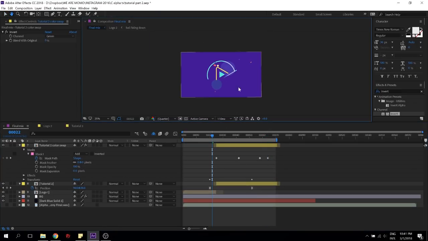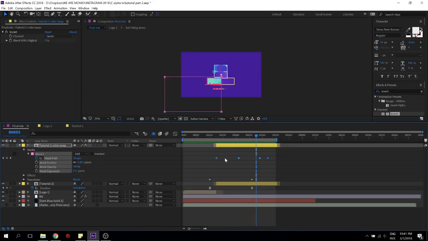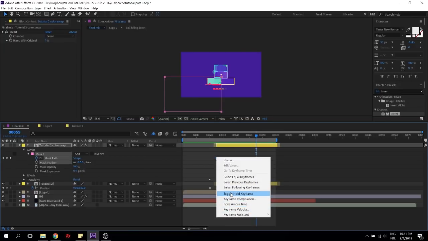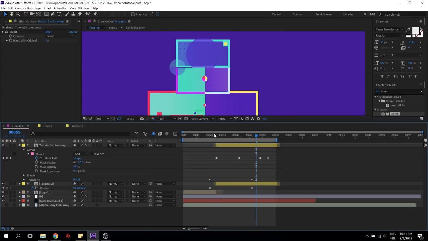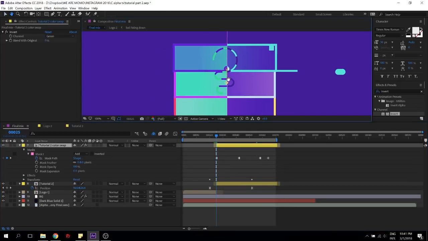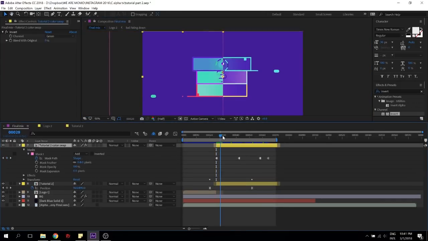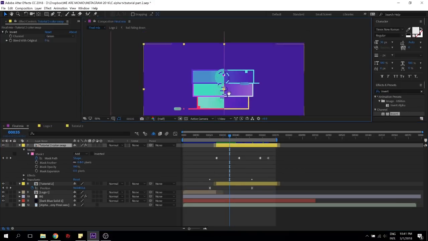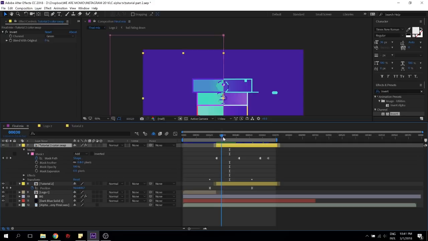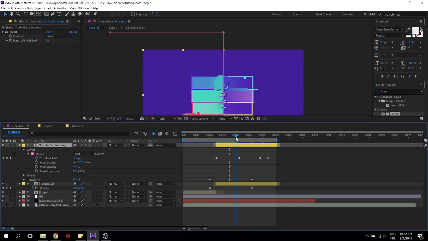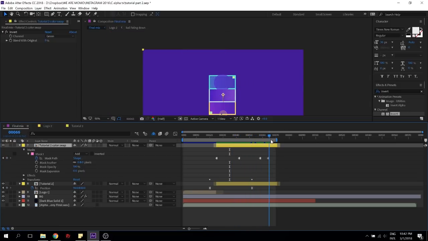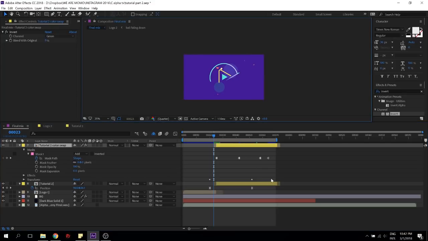And then obviously what you're gonna have here is something quite weird, because this thing is gonna be animating down, and we don't want that. We want snappy things. To have snappy things, I'm just gonna select my keyframes and toggle hold keyframe. Now this is very important, pay attention. Toggle hold keyframe is where we only change the value when we arrive at the keyframe. So as you can see, there is nothing happening to our mask. The mask is not moving at all. But the moment we reach the keyframe, it will go directly there. You see? There. And then it's going to jump there. And then it's going to jump there. Okay?